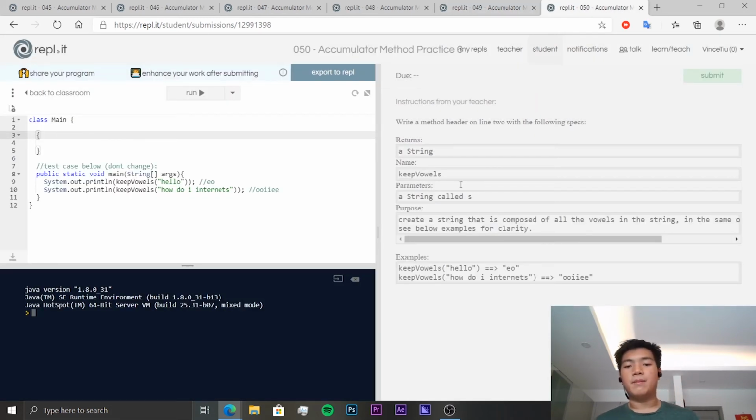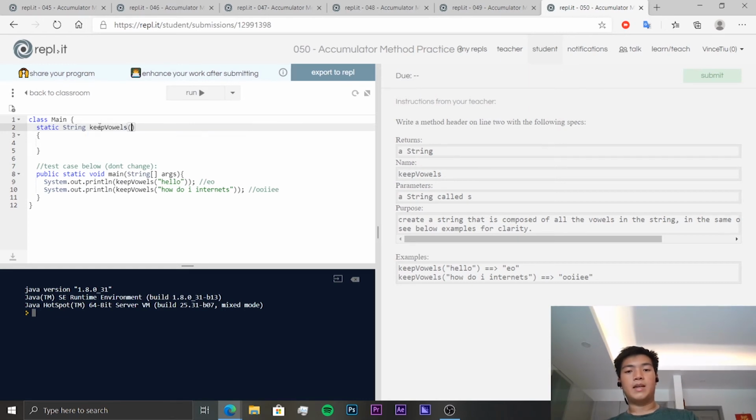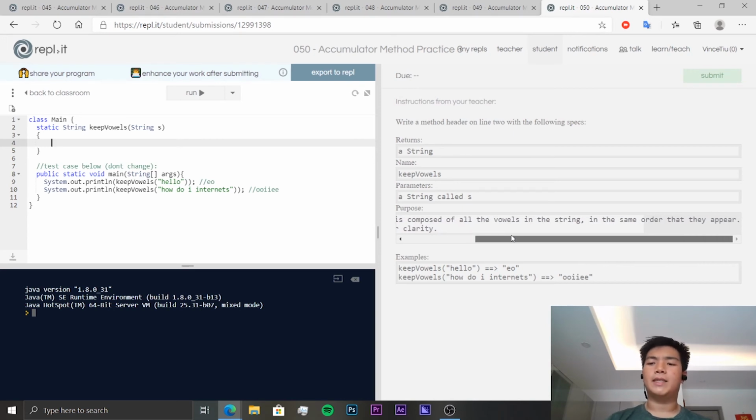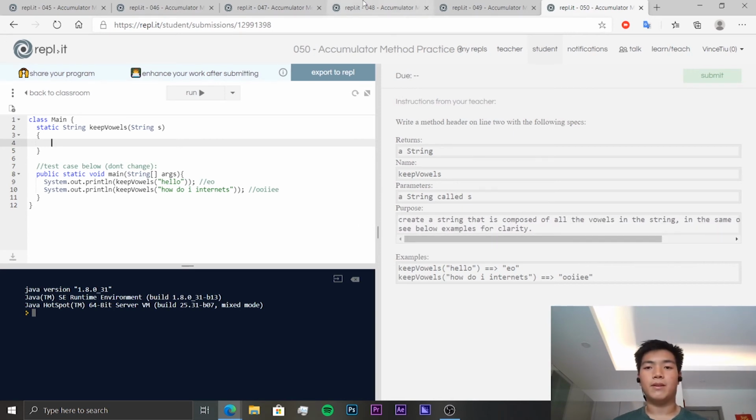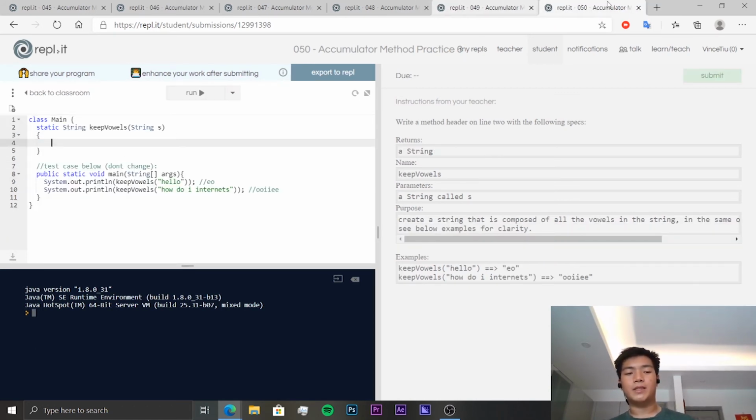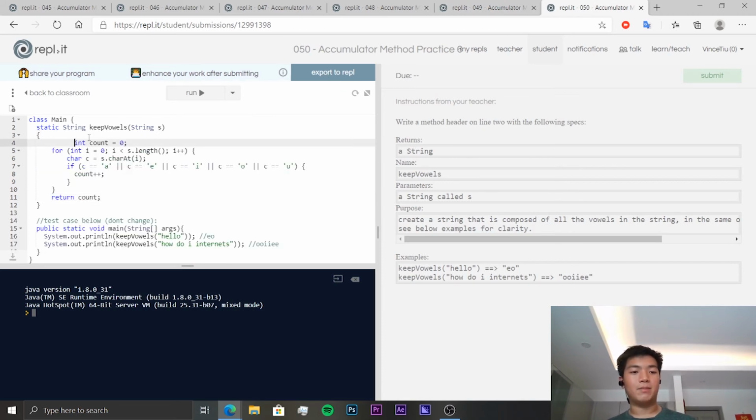So, we want to write a method header that returns a string named keepVowels, and it takes in a string called s. And we want to create a string that is composed of all the vowels in the string in the same order that they appear. Okay, so to do this, I want to copy our previous code because I don't want to type out the long if statement, and we're going to reuse the for loop and the if statement. It's just that instead of having a count, we want to,